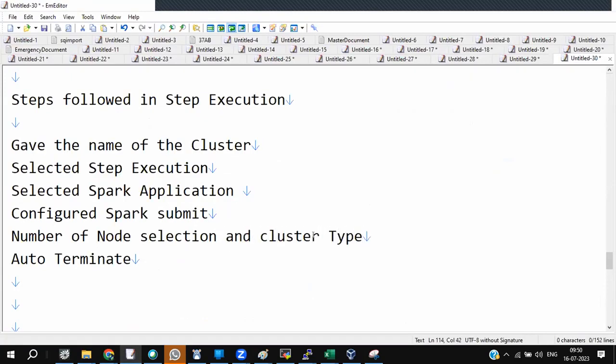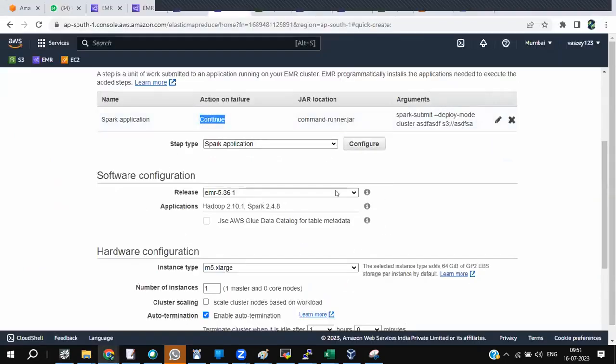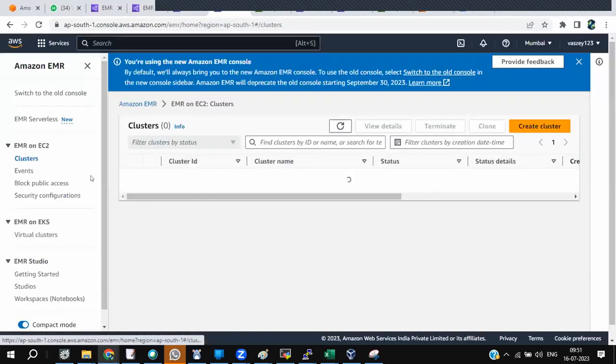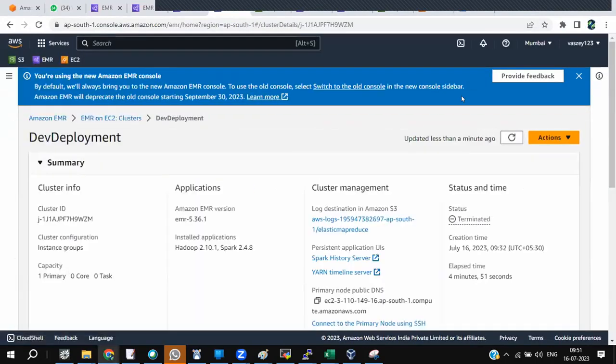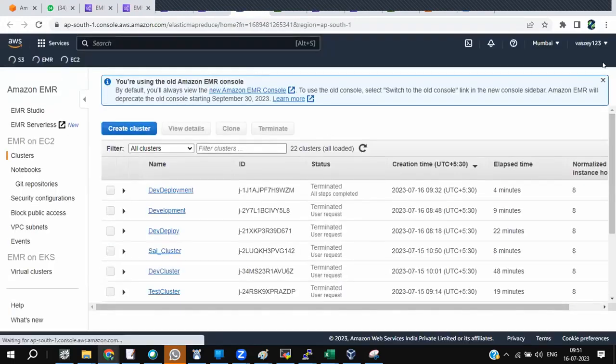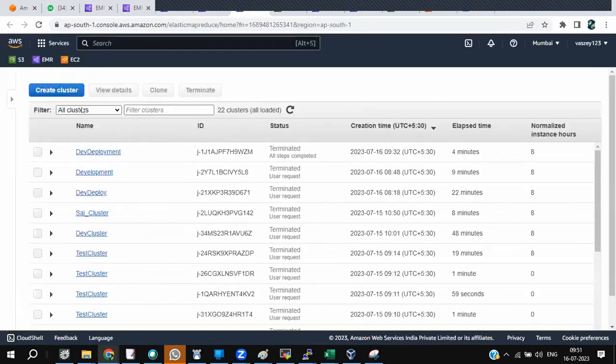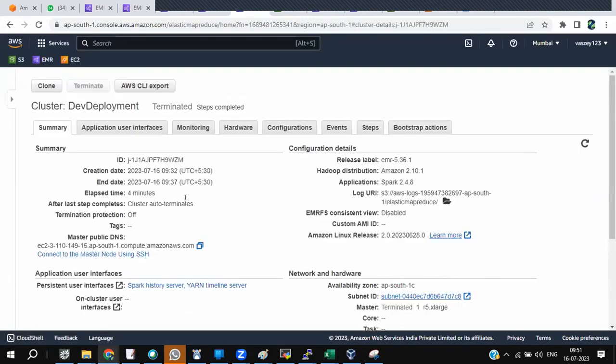You know what? Whatever I have done manually for that cluster, especially the dev deployment cluster, right? This is my dev deployment cluster. Whatever I have generated here, AWS gives you as a script.